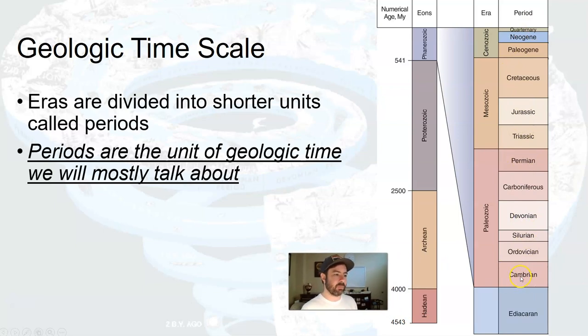So the Cambrian period starts us off in the Paleozoic. Then we get the Ordovician, Silurian, Devonian, Carboniferous, Permian, Triassic, Jurassic, Cretaceous, and then Paleogene and Neogene, sometimes referred to collectively as the Tertiary. And then we have the Quaternary. The Carboniferous is broken up sometimes into Mississippian and Pennsylvanian periods, depending on the time scale you're looking at. So just smaller chunks to get a little bit more detailed in differences in geologic and biologic life